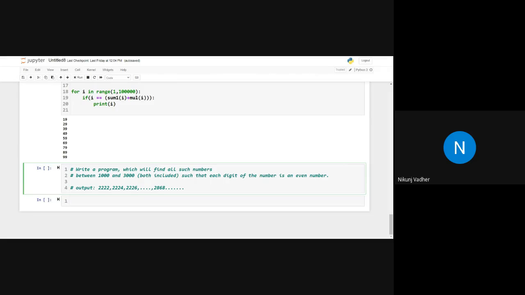Are you clear with the definition? What you are supposed to do?